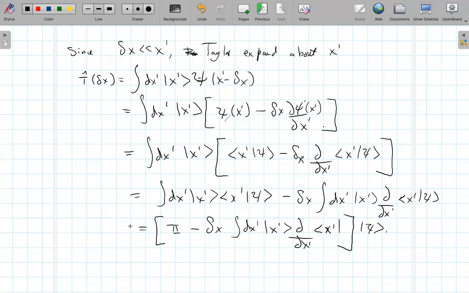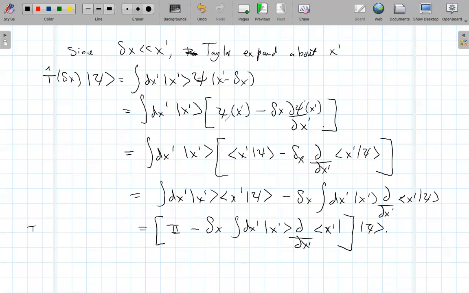Yeah, I think so. Okay. Now, we also know that this guy acting onto psi, oops, I forgot my psi on the side. I may be being a bad teacher. Okay, so this is T of delta x acting on psi. Good, okay. Now we also know this guy acting onto him with a small delta x is simultaneously,